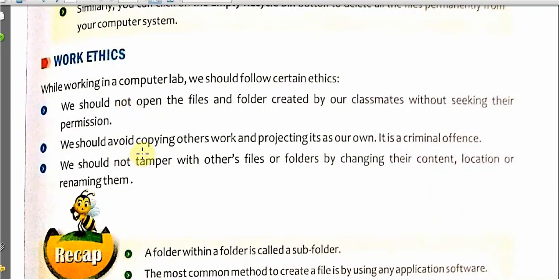We should avoid copying other person's work because this is criminal activity, and we should also not try to tamper with or disturb other files and folders because other persons were involved in the creation of those files. So students, these are the work ethics we should follow.